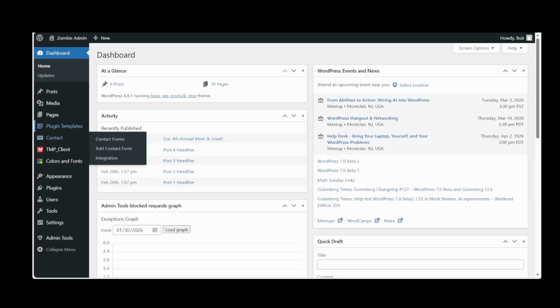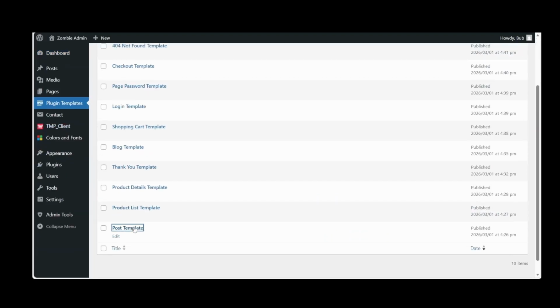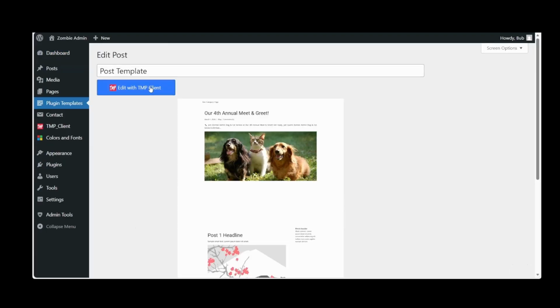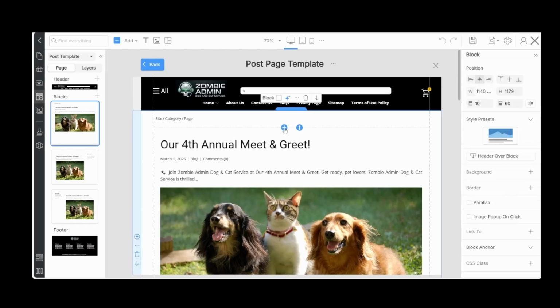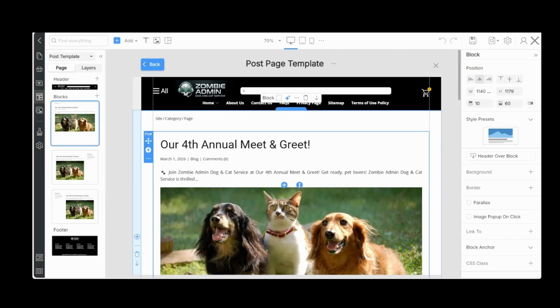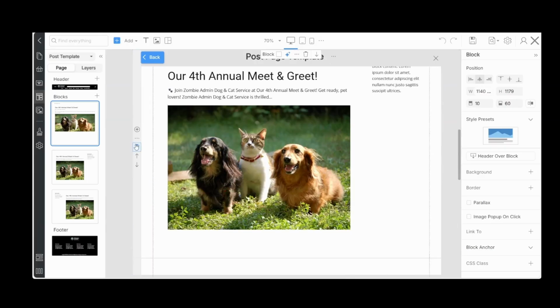Let's go back to plugin templates to post template. TMP client, and let's create widget placements. And let's delete the sidebars we created.